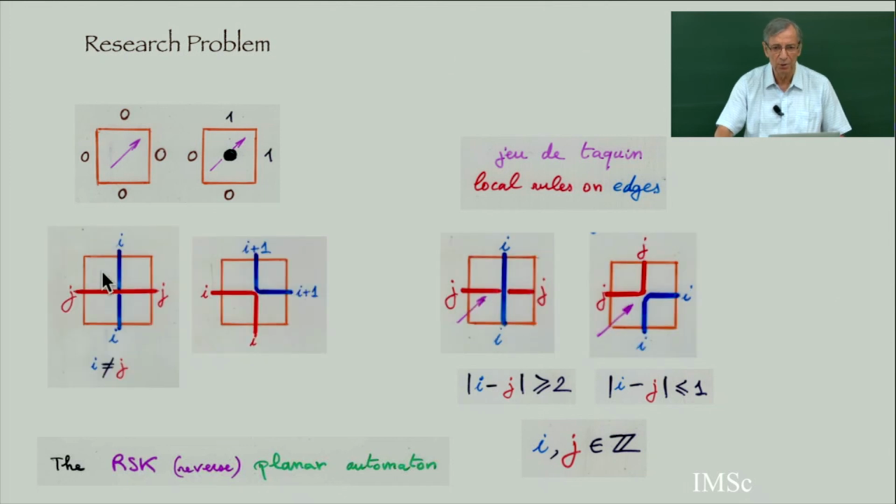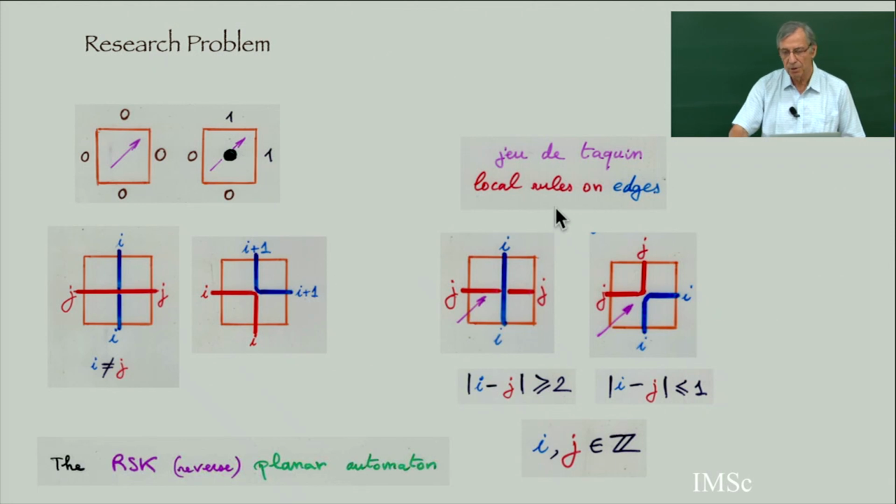If you prefer, put the color line related to the label. So this is exactly the rewriting on the edges, which is equivalent to the forming local rule, which is equivalent to Robinson-Schensted. When you have i and j on the edges, then if i is different from j, you cross. And if j is i plus 1, then I give i plus 1, i plus 1.